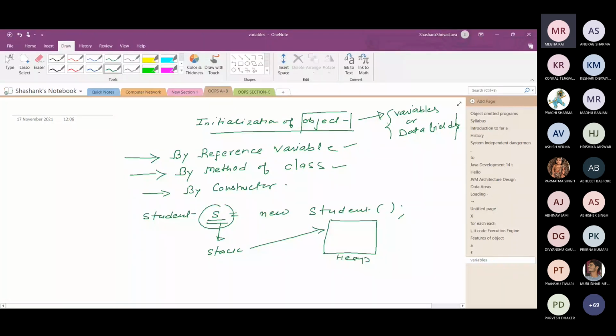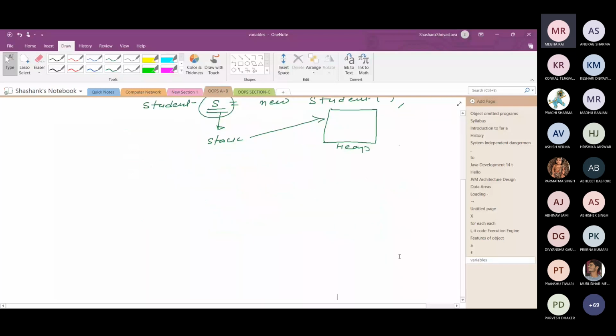So how can we initialize the variables or data fields of an object with the help of a reference variable?